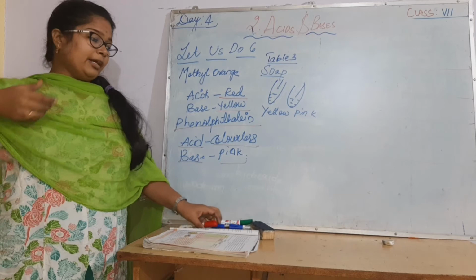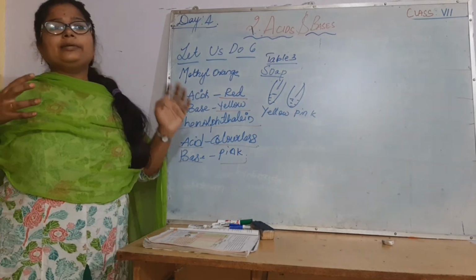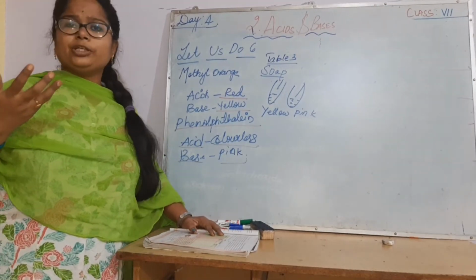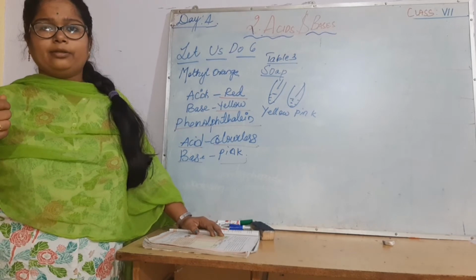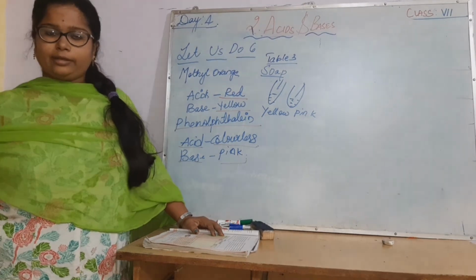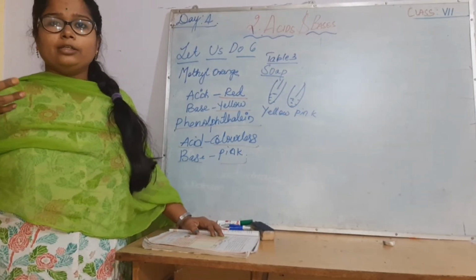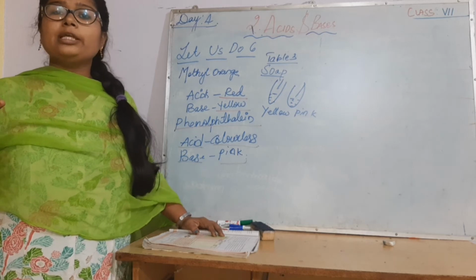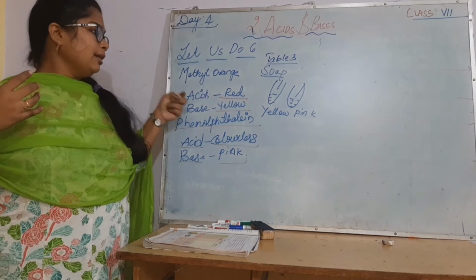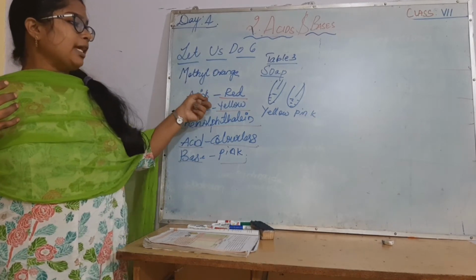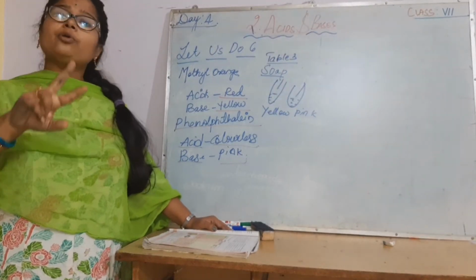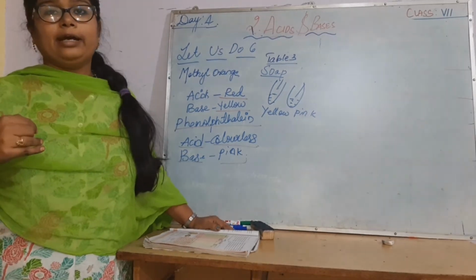And why do we have to learn about this? Science is something which you relate to your day-to-day life. If we cut a lemon or a citrus fruit, orange or anything, and you see blood coming from it, you feel it's a magic trick with a knife. How can blood come out of the lemon? It's nothing but that he might have dipped the knife in methyl orange. As citrus fruit is an acid, it turns red in color. So whatever you learn, you are supposed to connect with your day-to-day life activities.